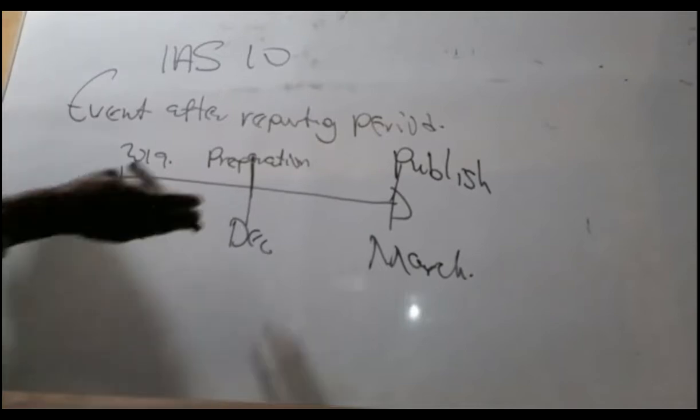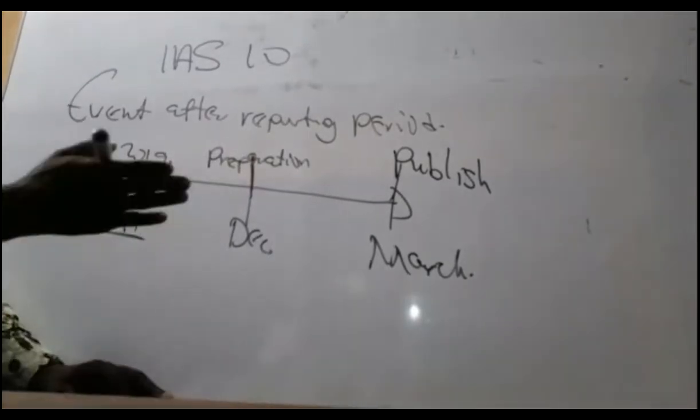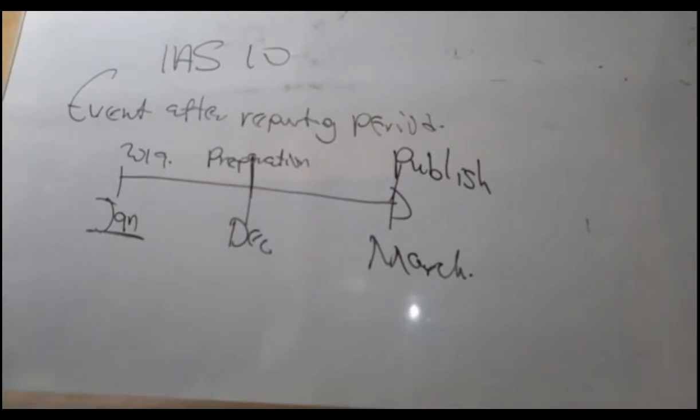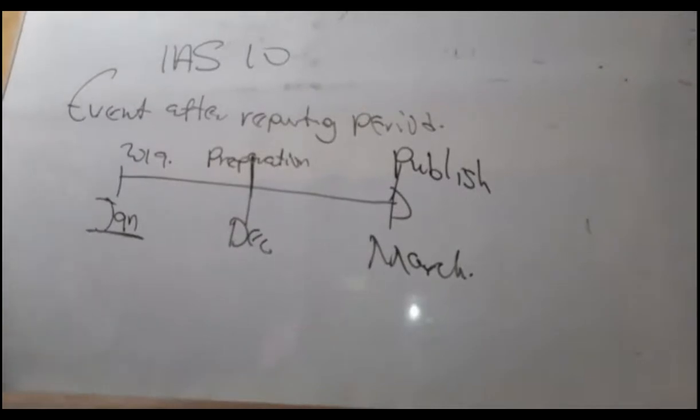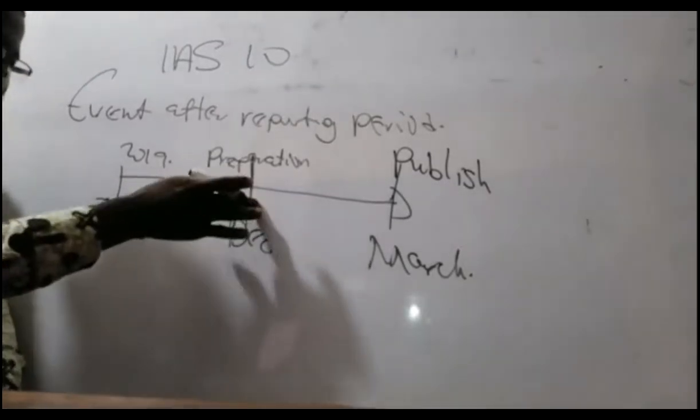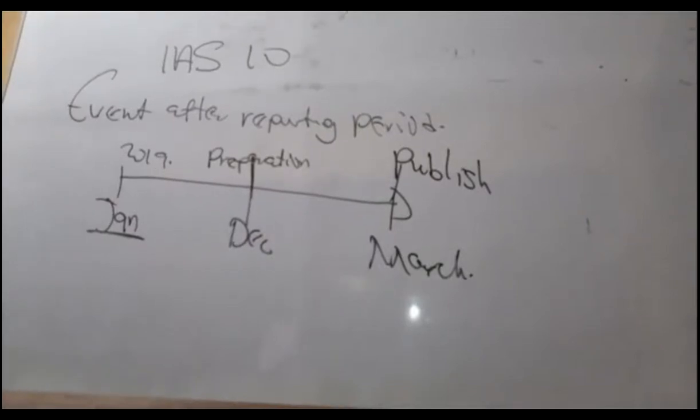Then the question is, what happens between these dates? Why will you prepare the financial statement today and it takes 3 months before you can publish it? That's where auditors have to do their work on the financial statements, or authenticate them, before you publish. So that's the auditing stage. Auditing will start, and as soon as the auditors finish, the directors will sign, and the financial statement will be published